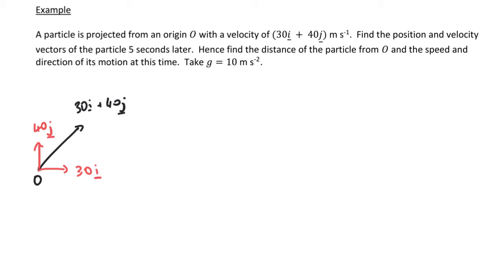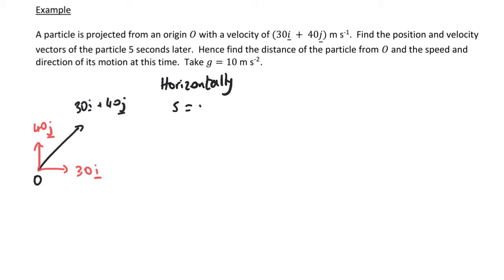Find the position and velocity 5 seconds later, and hence find the distance of the particle from O and the speed and the direction of its motion. And this time we're taking g as 10. So the first thing we're trying to do is find the position, so find where it is, and the velocity vectors after 5 seconds. So if we go horizontally,